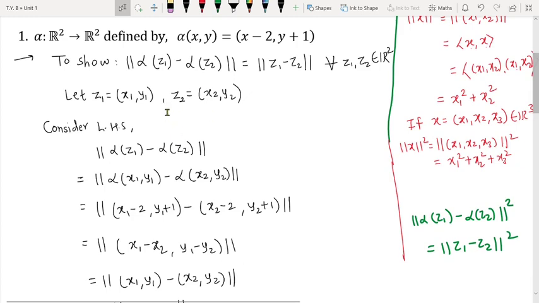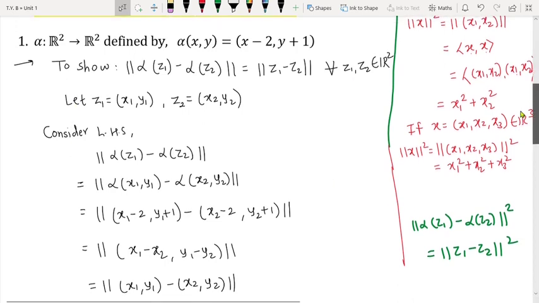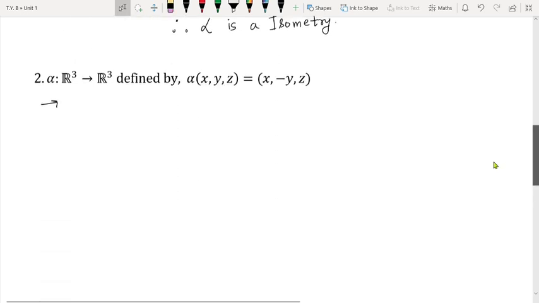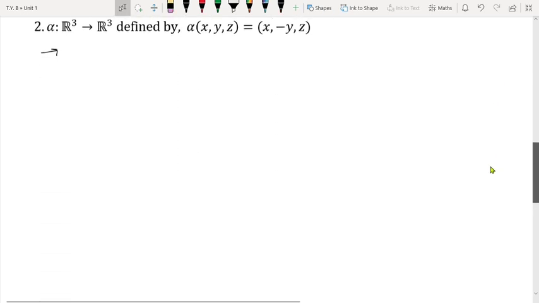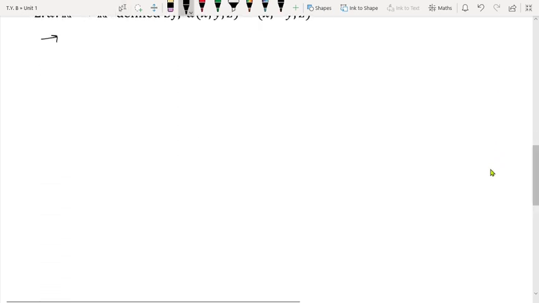So that is a proper way actually. Here also you can first of all write let z1 is equal to this, z2 is equal to this, belonging to R2 be any elements, and then to show this and then the proof. Okay, that is much better way of writing, right? Okay, so I will say let,